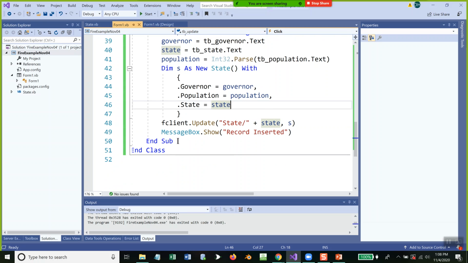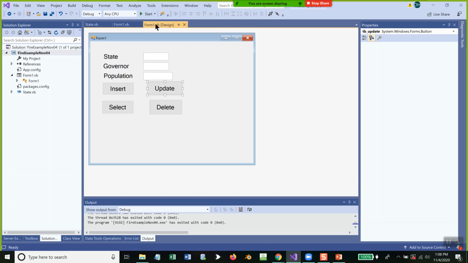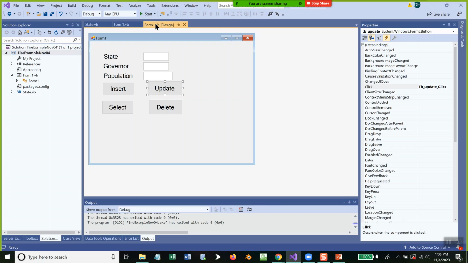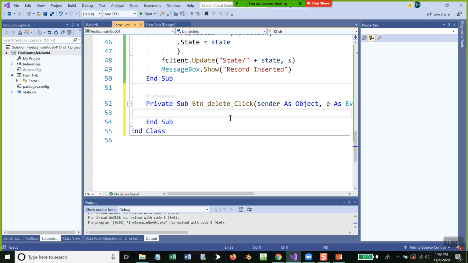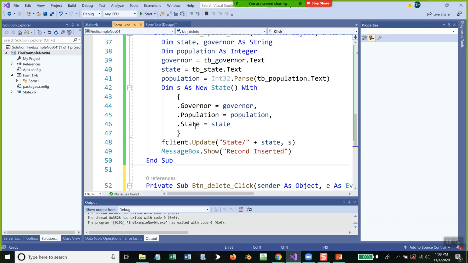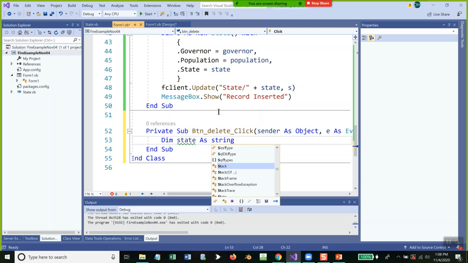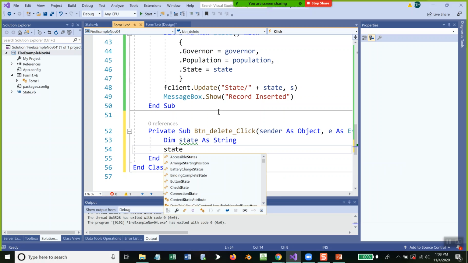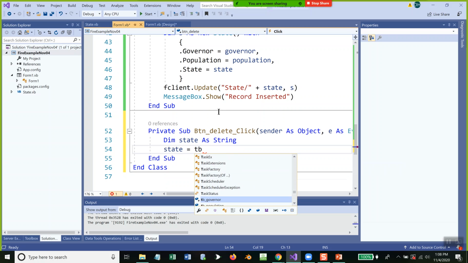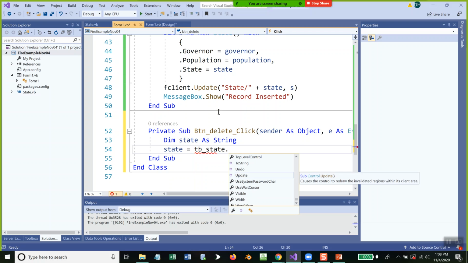Now let's do a delete. That's a fairly easy one too. The delete is just going to encompass basically firing off one statement. Instead of client.update, it'll be client.delete. I don't need to create an instance of my information from the form. Well, I do need to bring some of it in, I guess. Dim state as string. State is equal to tb underscore state dot text,